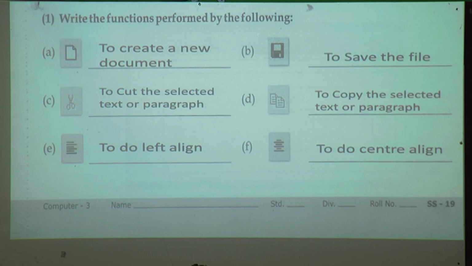Fourth one, to copy the selected text or paragraph. Fifth one, to do the left aligning. And last one, to do the center align. Write down fast. Finish.